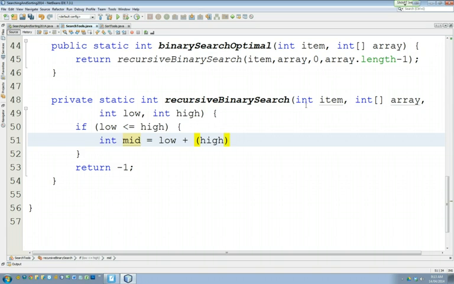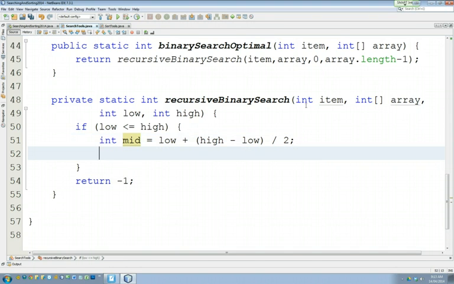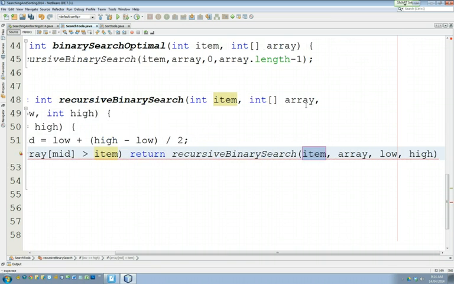Low plus high minus low divided by 2. So this, believe it or not, is actually a more efficient calculation of the midpoint. Low plus bracket high minus low divided by 2. And then we hit our if statement. If the array at spot mid is greater than the item, I return recursive binary search